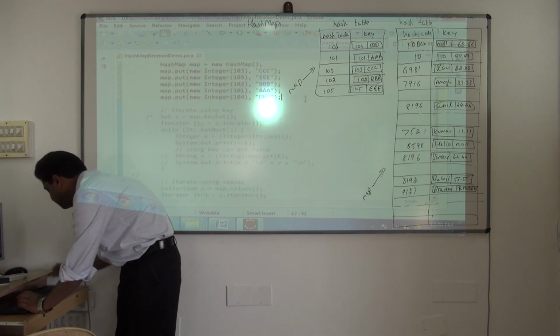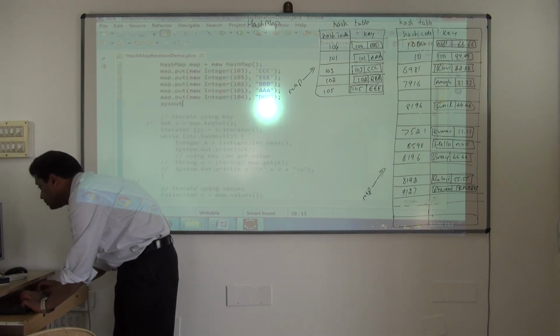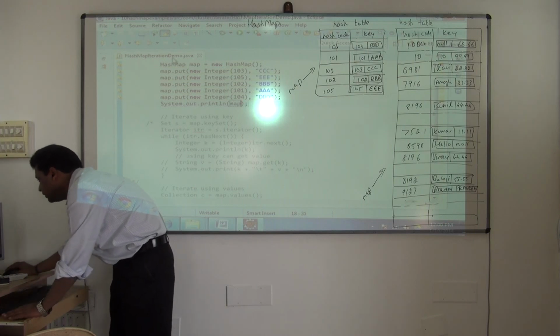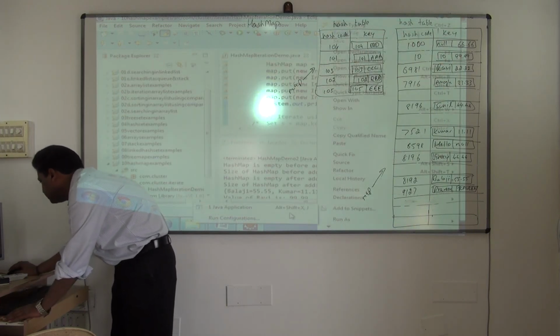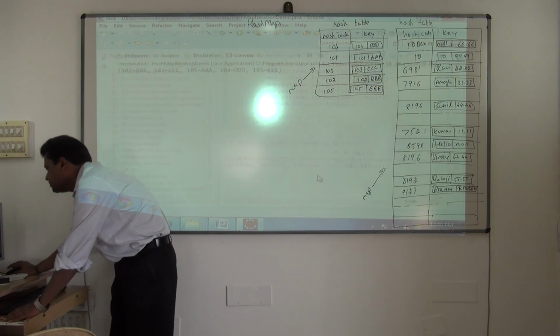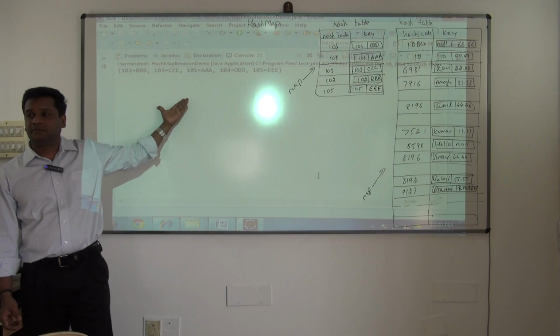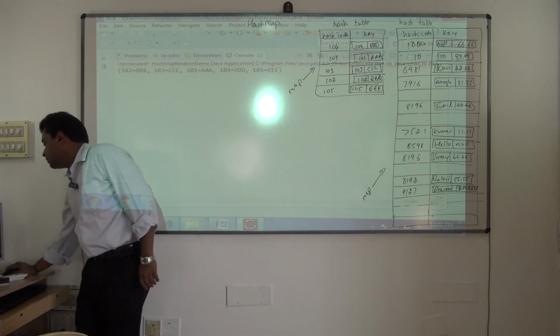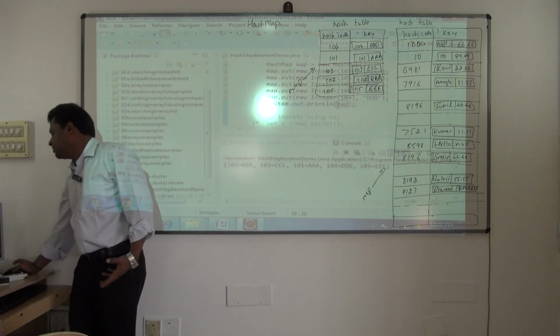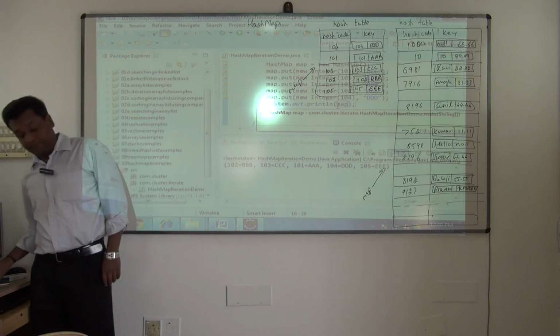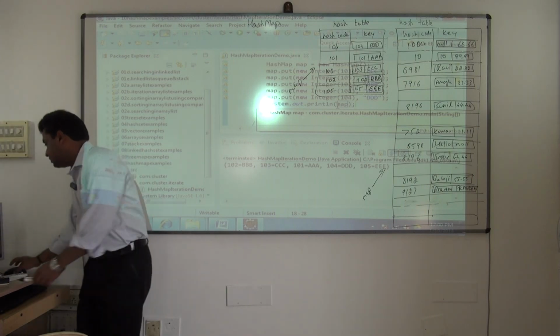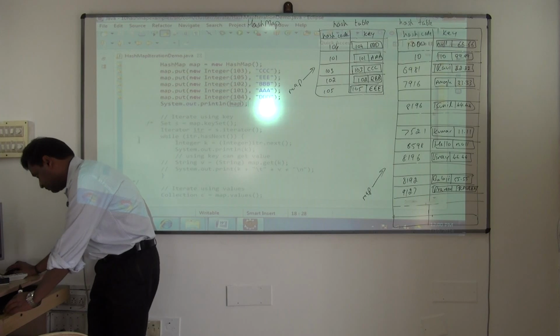So I'll print and show you. See, order is not guaranteed. You are inserting in some order, but it is storing its nodes in its own order. Understood? Fine. So now, once you understand this,